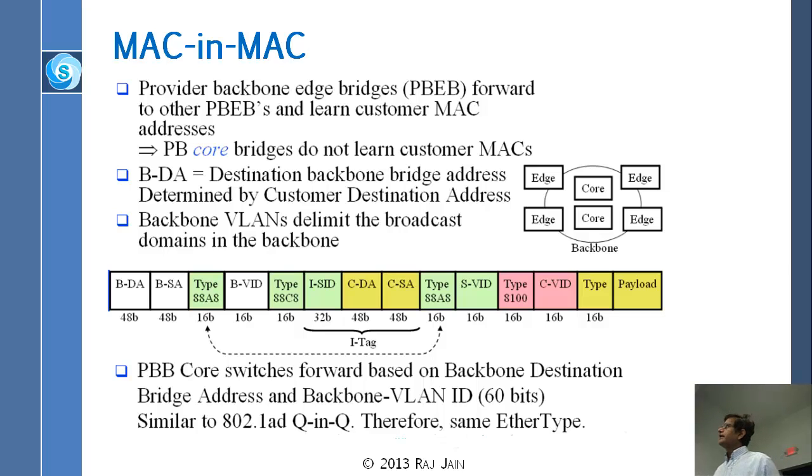So this is the backbone VLAN address. Now when we are doing VLAN ID, we might as well put a fourth one, which we call service ID. What is service ID? Basically, the VLANs are set up by the carrier so that it can delimit its broadcasts. And just like we had pseudo wires inside MPLS, similarly, you could have pseudo wires. We won't call them pseudo wires because that word is taken up by IP. We call them service. So we can have service IDs, which are thin wires going through those big VLANs, and each thin wire serves a customer or a particular kind of traffic and a particular kind of VLAN,